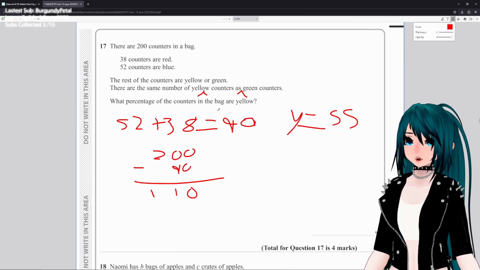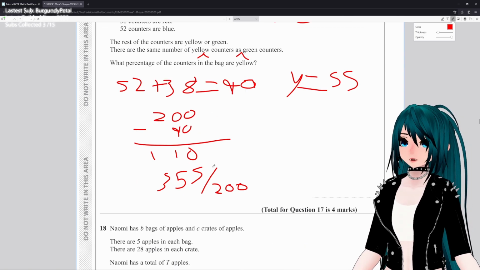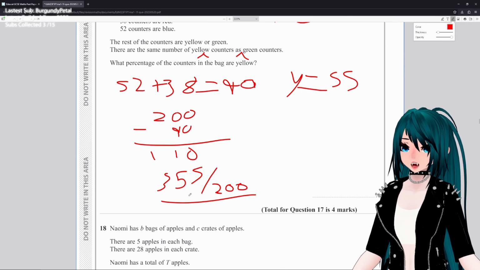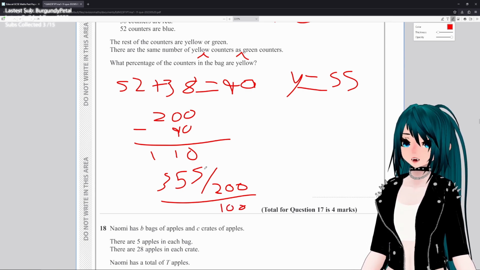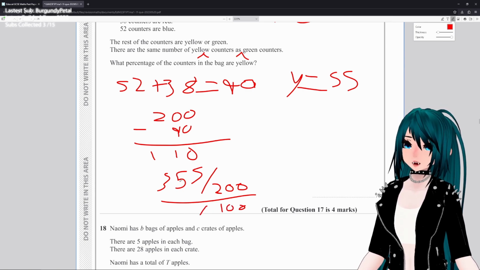What percentage of the counters in the bag are yellow? Percentage is always out of 100, so we just divide both of these by 2, right? So to make it out of 100, we just divide them both by 2. So it'll be